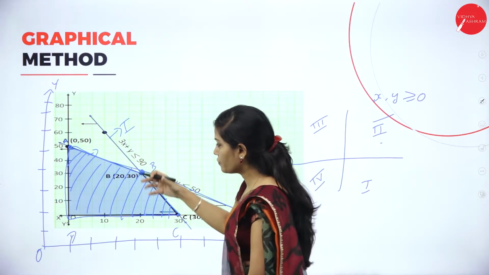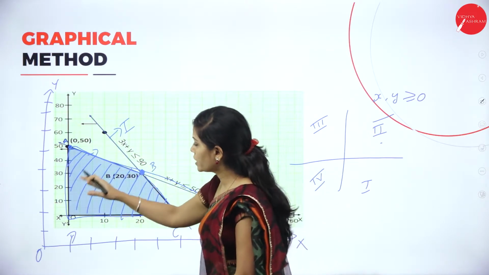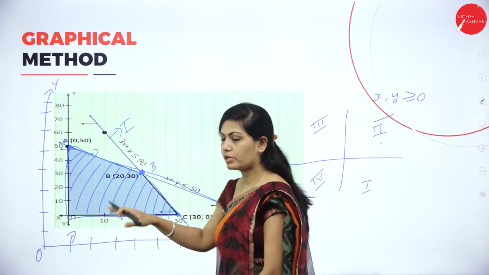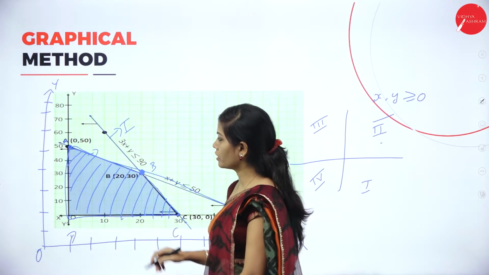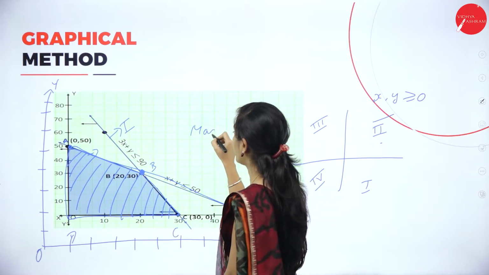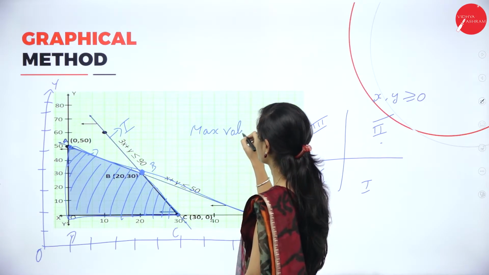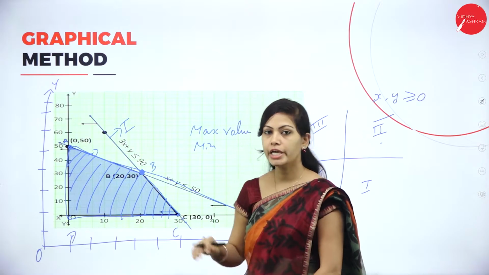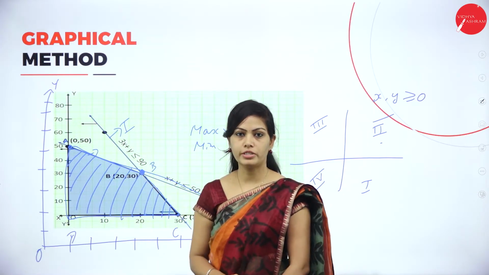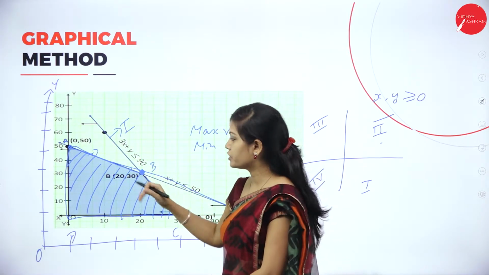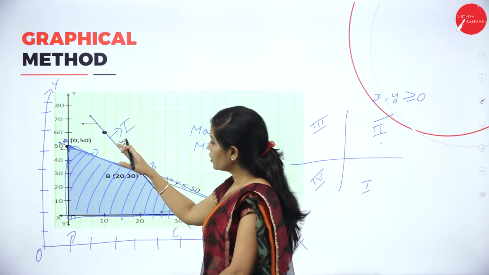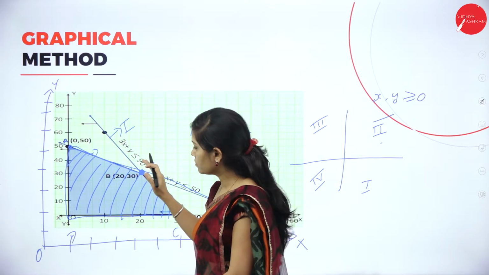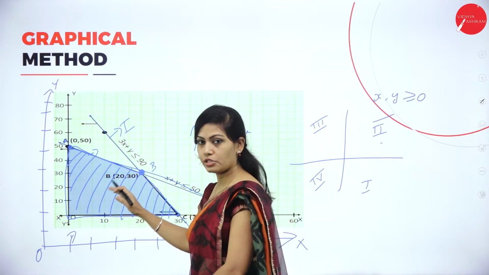So after getting the feasible region, you have to shade the feasible region and you will get the corner points. You will get 4 corner points. Using these corner points, you can find the maximum or minimum value. Here, how to find the feasible region? You have 2 constraint lines. At the connected point, below the constraint lines, you have to shade it.